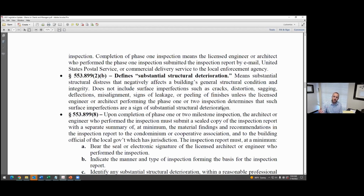So I think that's going to be the key thing, is substantial versus non-substantial, and whether or not that's a routine maintenance issue, the stuff that comes up, versus no, this is a sign of bigger structural deterioration. I would be prepared for engineers and architects to take a more conservative approach. Just think about it from their viewpoint, right? What if an engineer or architect labels something as not substantial